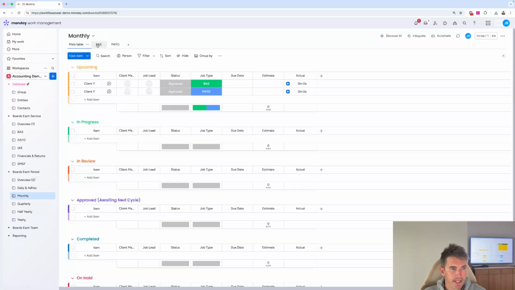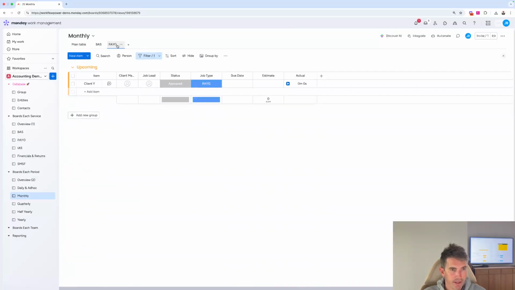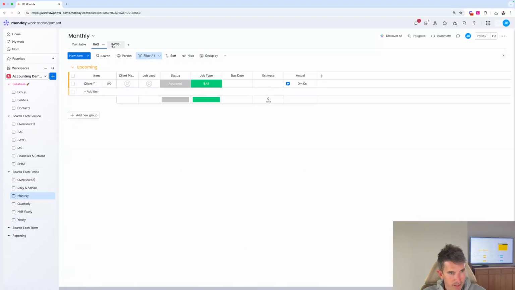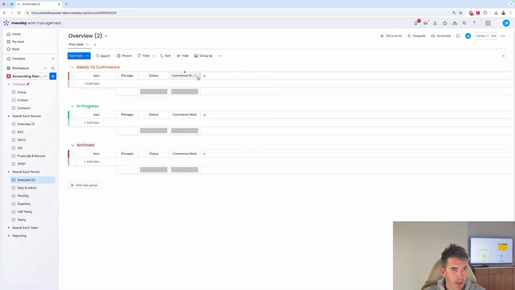We can then layer it down across our different types of work. So very similar to our board for each service, but just visualized differently. Instead of us going down board by board, we're going across a monthly board and looking at those different activities. Again, we would connect our monthly overview